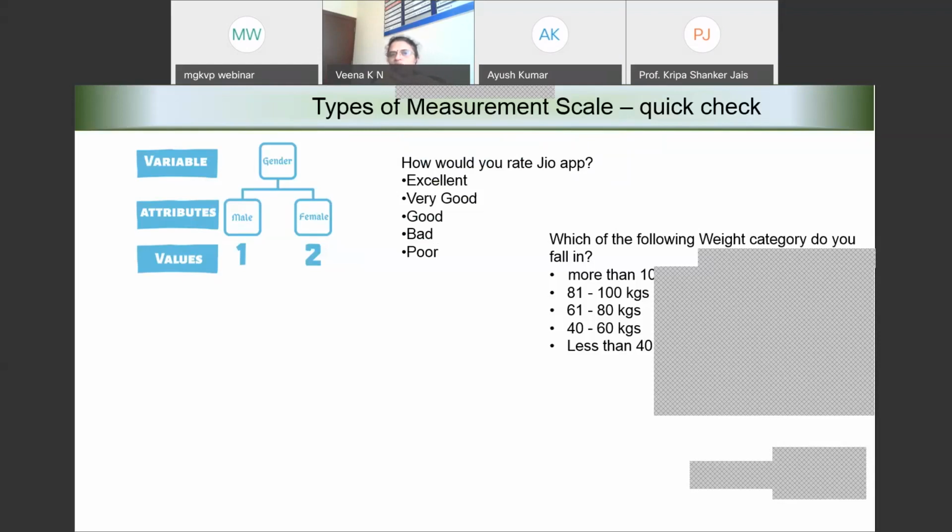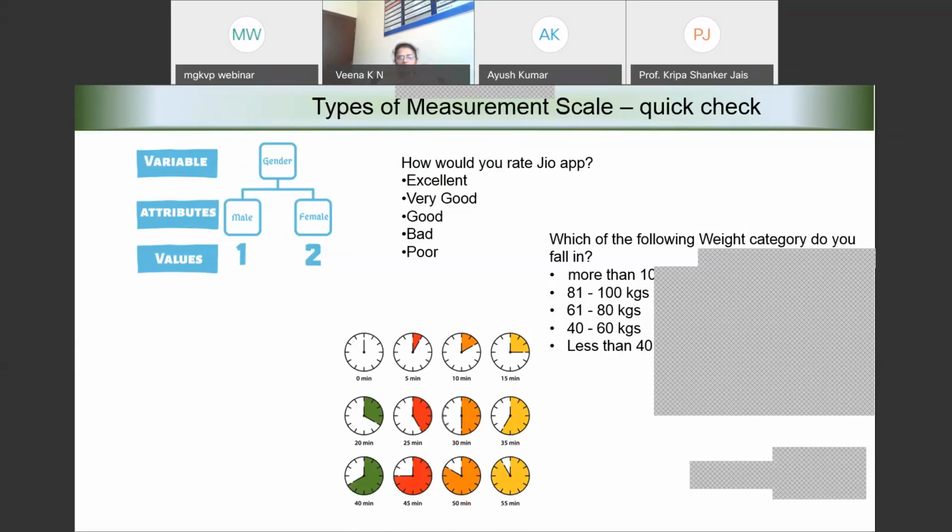And also we know what is better and what is not so better. But how much is the difference between excellent and very good as compared to very good and good? I don't know. So here, though we can say that excellent is always better than the previous one, how much is the gap between the two successive responses? I do not know. Therefore, it is ordinal. Quickly, one more.